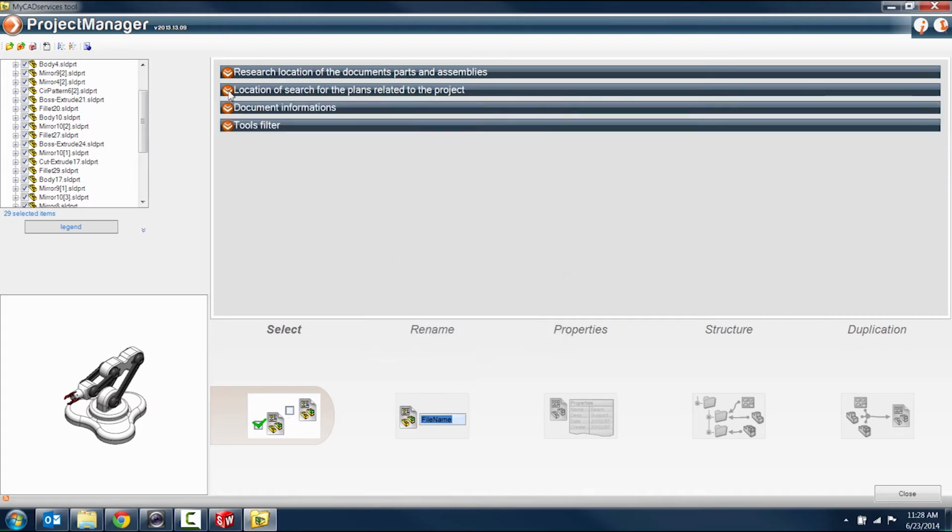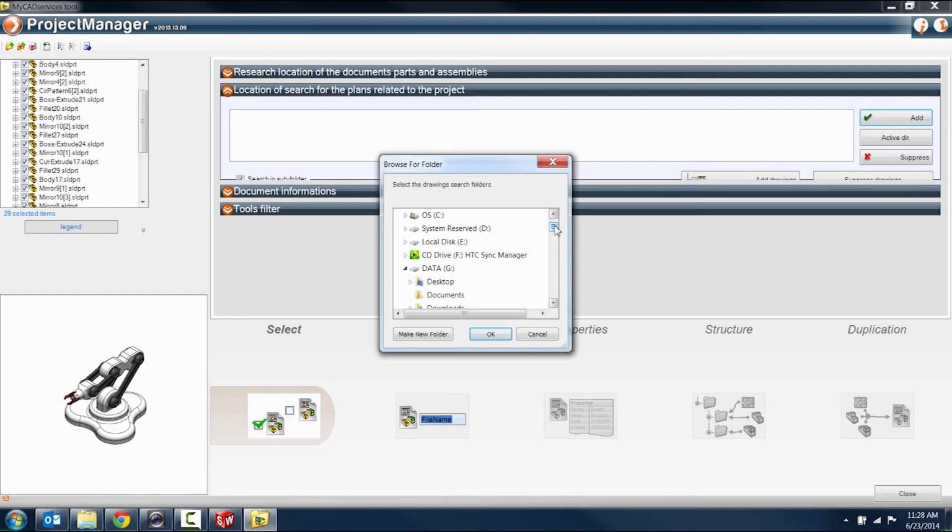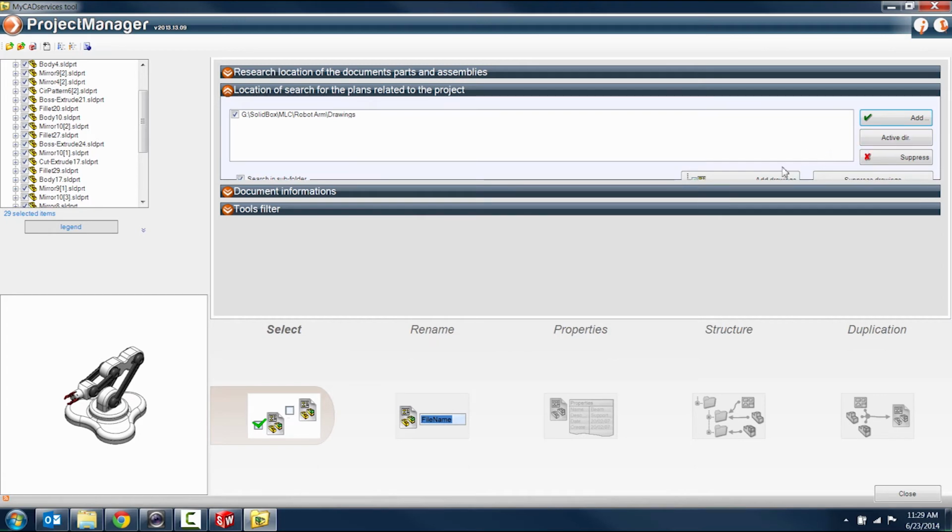The next one down, location of search for the plans related to the project. And by plans, they mean drawings. And we have similar controls. We can add folders or specific drawings just by navigating using this standard browse to folder interface here. Select the drawing folder, click OK, and then by hitting Add Drawings, it adds all the drawings in that folder